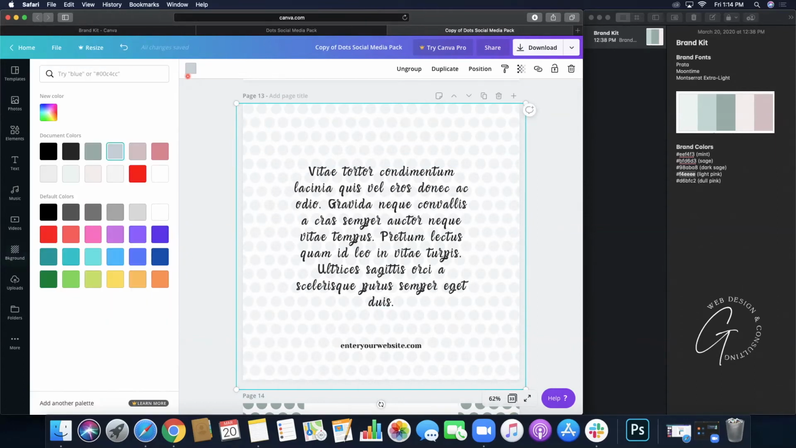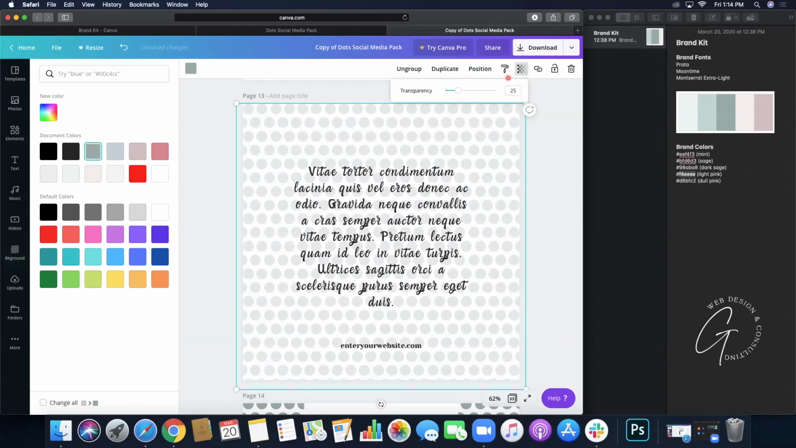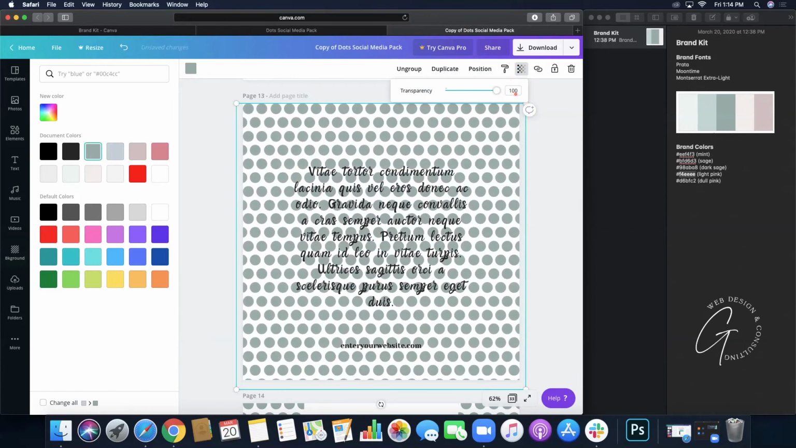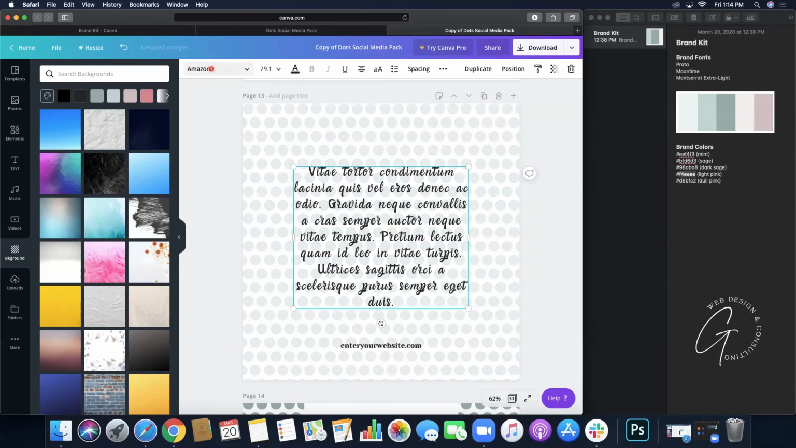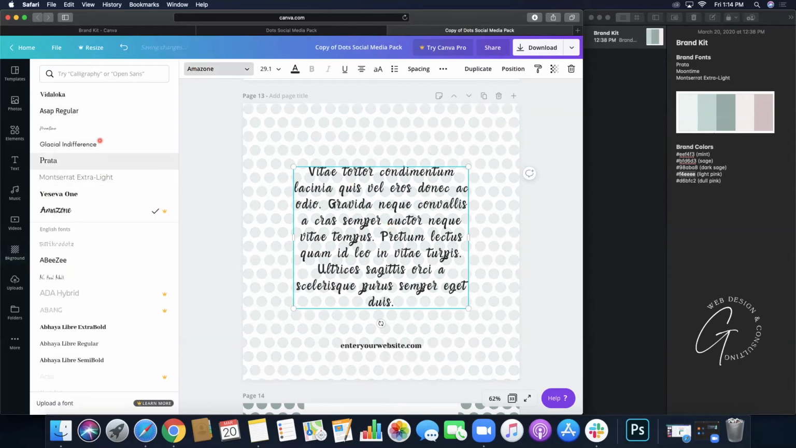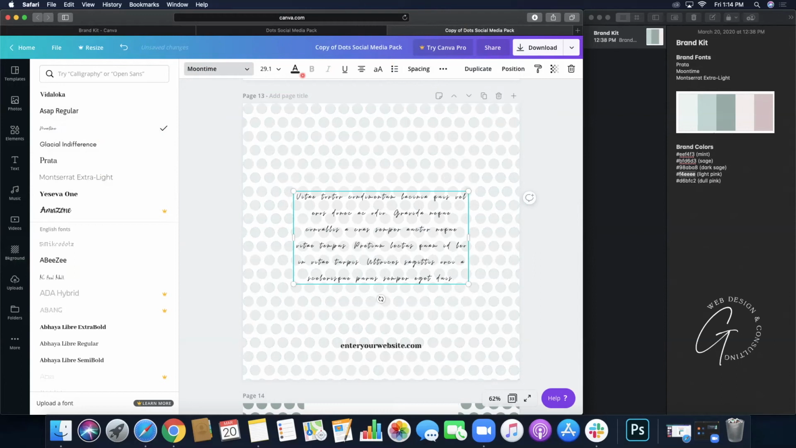What I'm going to do is, I think we've used all of our colors, so maybe I'll just go with the sage. I think I really like that color. So as you can see, I can change the transparency if I want it to be darker versus lighter. I don't remember what number it was on, but that doesn't matter to me at the moment. I'll leave it right here. Now I want this to be my cursive font, so I'm gonna go click on the font and change it to Moontime. I want it to be a bit bigger,